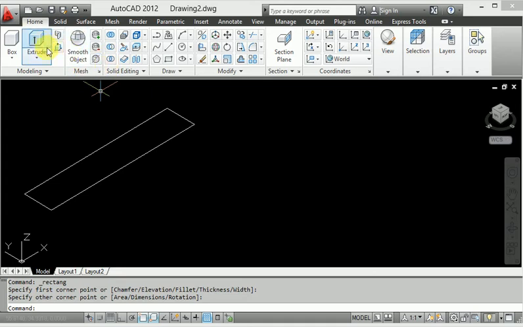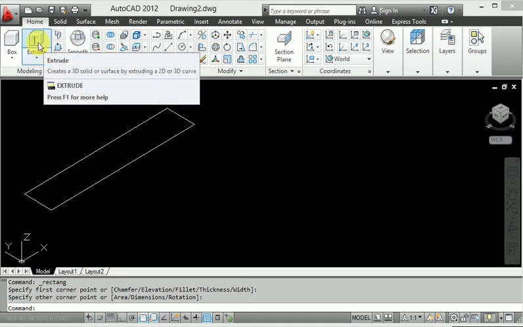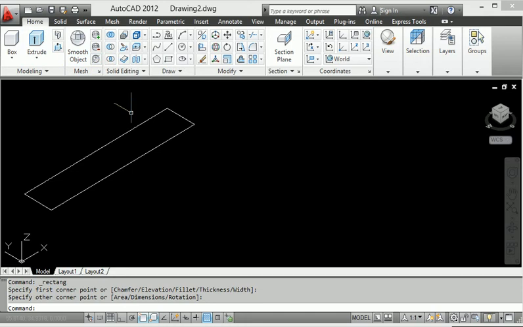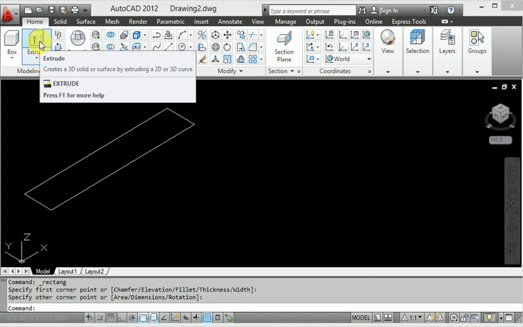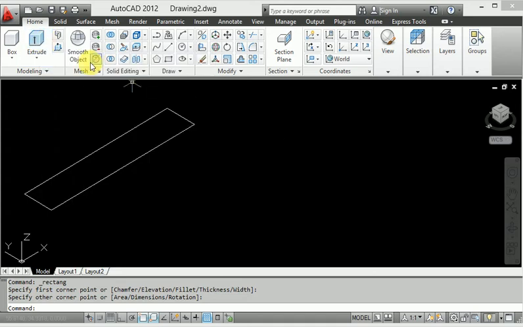Then I will use press pull, and otherwise you don't need this. So easily I can do the extrude here.